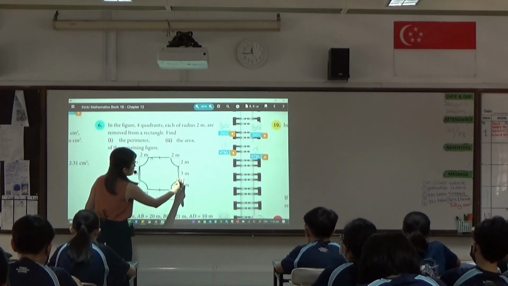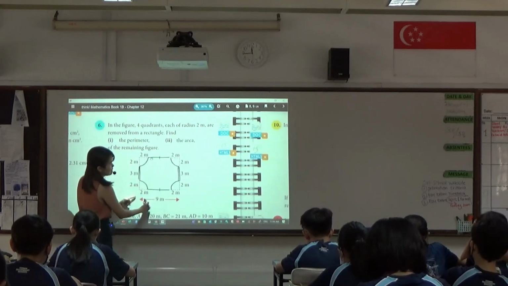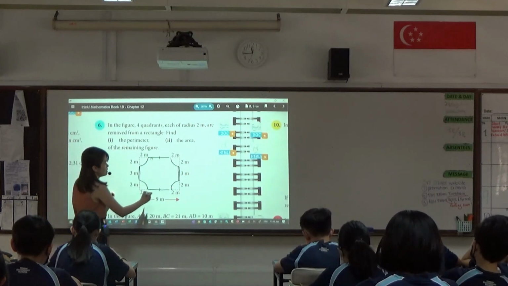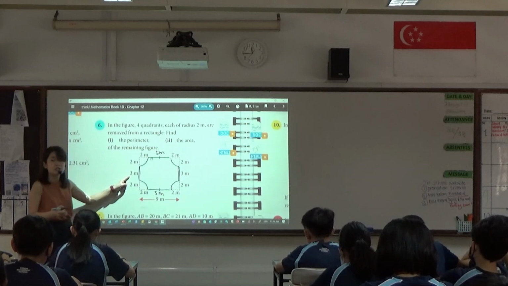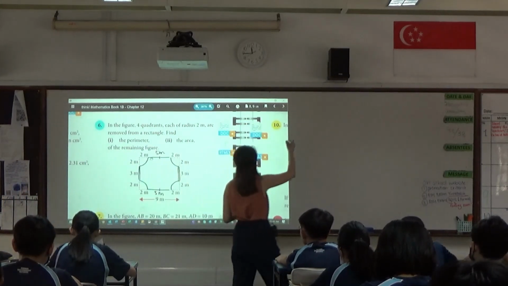I'm going to put double lines here because this entire length is 9 meters minus 2 minus 2. That means that this is only 5 meters. So don't think that it's 3 meters. Okay, don't be confused about that. So to find out what is the perimeter,